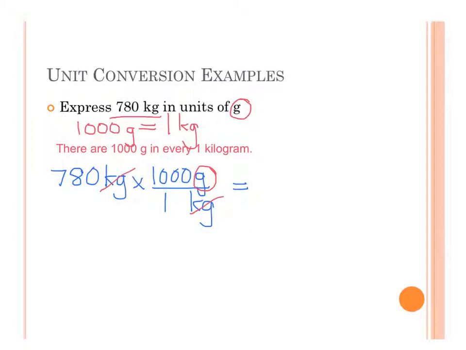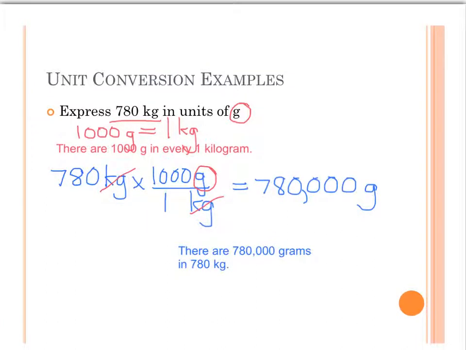And then I multiply and divide as needed. 780 times 1,000 divided by 1. So multiply everything in the numerator, divide everything in the denominator. And you get 780,000 grams. And finally, check that you have the right number of significant figures. There are 2 significant figures in the number 780, and there are 2 significant figures in 780,000 grams. To express this as a for every statement, what my answer really means is that in 780 kilograms, there are